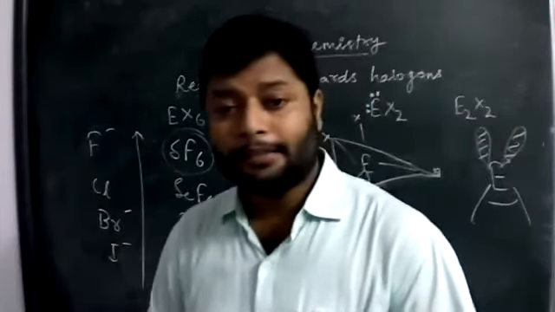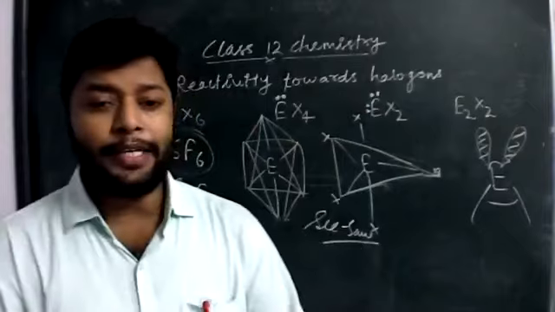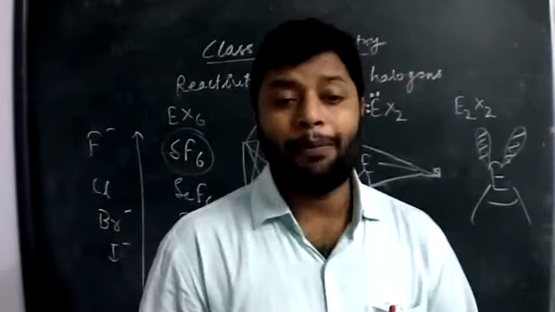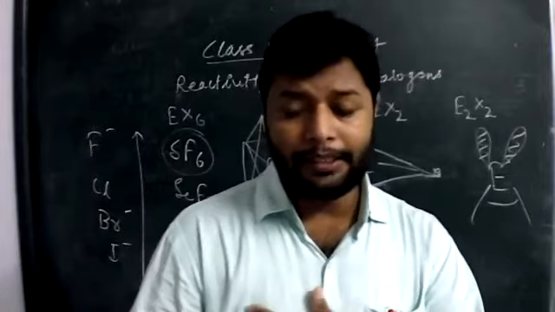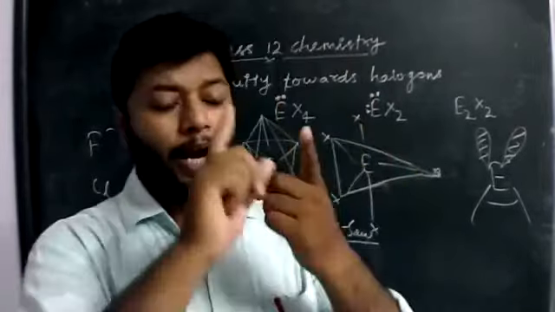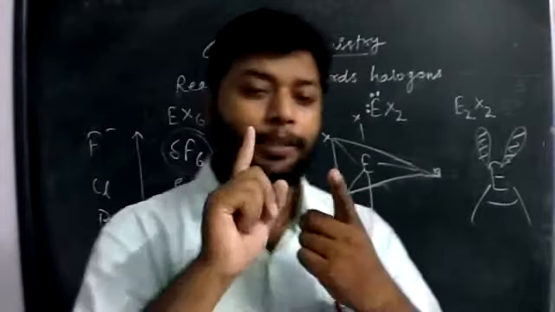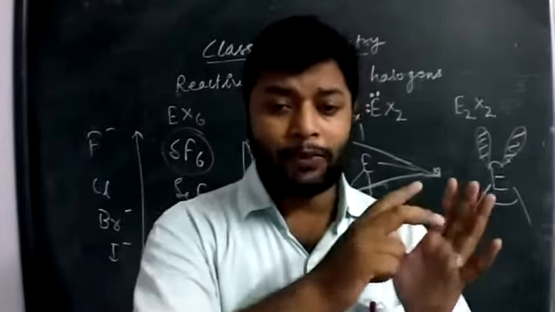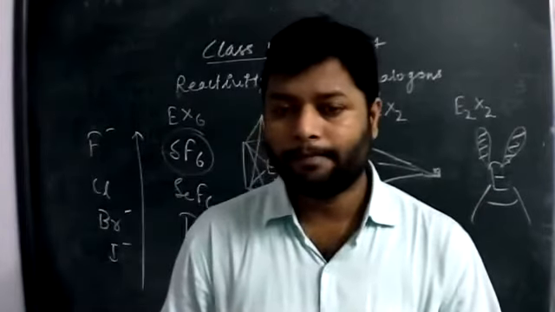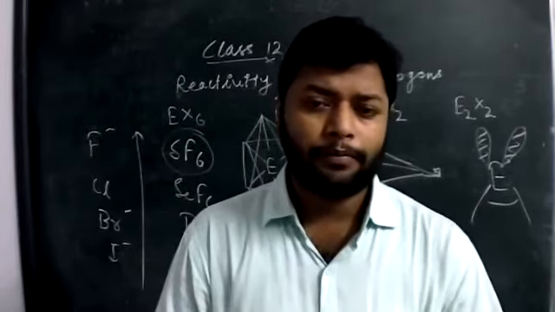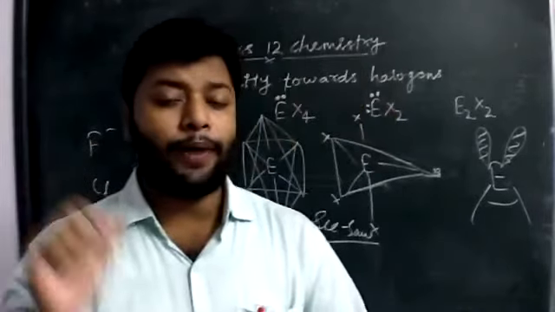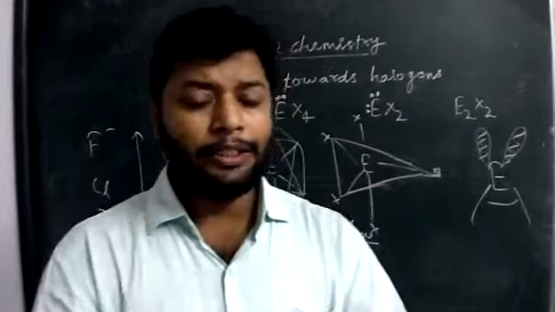Because of their greater size, bromine and iodine have a greater tendency to form van der Waals forces than fluorine or chlorine. This is the reason: with the increase of molecular mass or atomic mass, the van der Waals force increases, and that changes the state from gaseous to liquid as well as solid. This is the only reason, so just make your concept clear. Where there is a greater van der Waals force, the state will be solid.